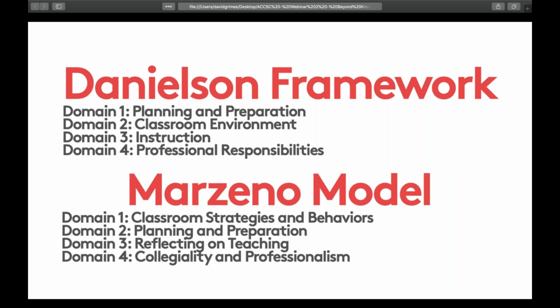The cool thing about this one is it's backed by something like 500 studies. They do this all the time, and the studies that have been implemented validate their initial domains. They have a good review process to make sure it is up to date. It's a nice way, if you want to build formative and summative assessment instruments in your teaching, or if you are an administrator and want to borrow some things. I think these two models can help teachers grow and improve. So these are two frameworks that I like to share with you.